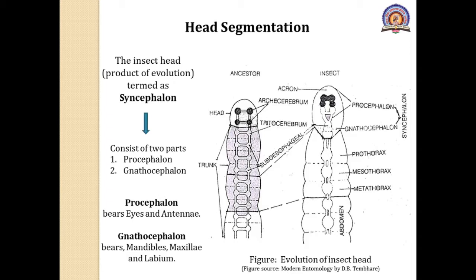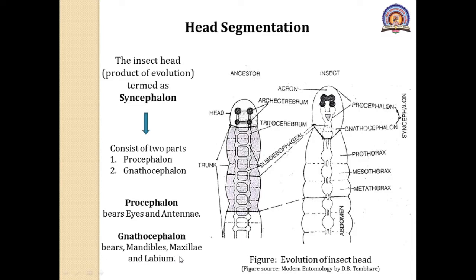It is mostly developed in order to equip the head with the feeding appendages, because all these mandibles, maxillae and labium are the appendages known as the mouth parts and are concerned with the food and feeding mechanism, and it is a typical arthropodal structure. Mandibles are useful for the purpose of mastication. Maxillae and labium are responsible for holding the food material, while the labium provides the cutting action.